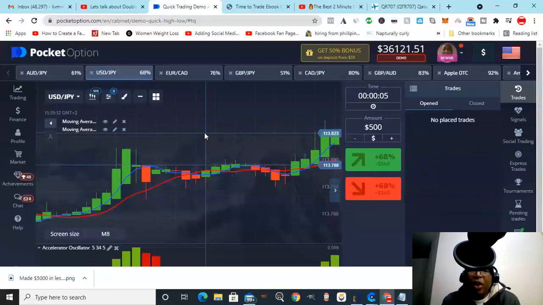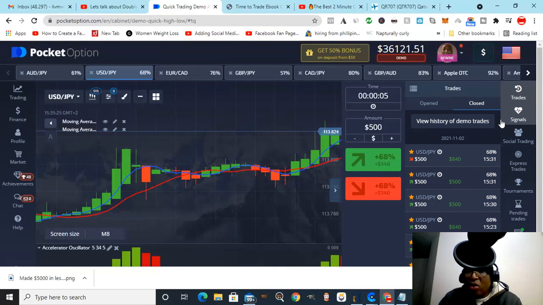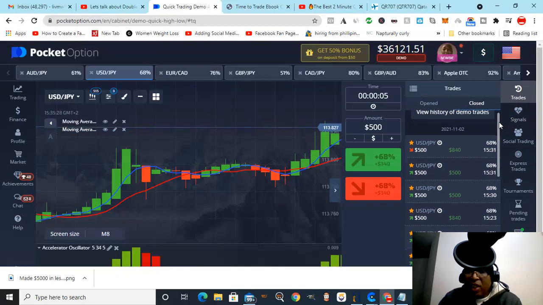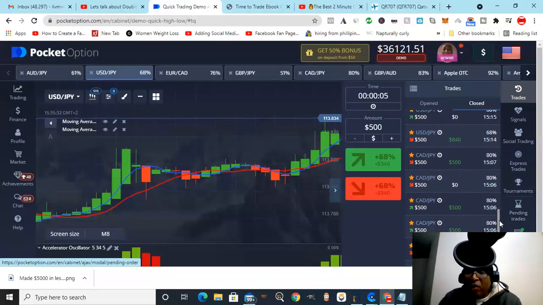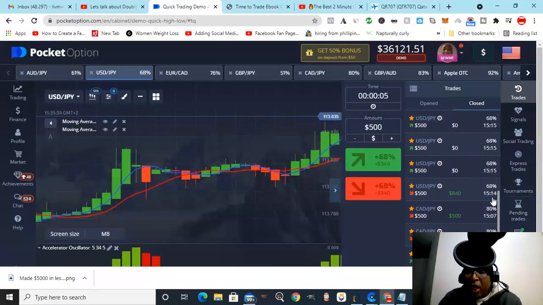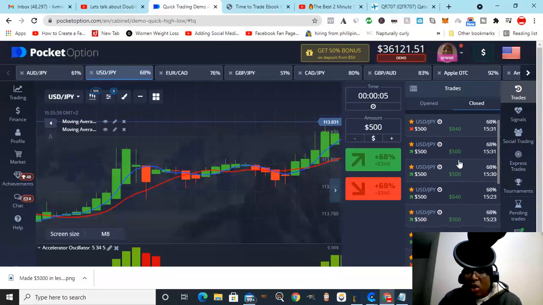Before I jumped onto this webinar, I can show you here some of the trades that I took using the same 5-second strategy. I did lose a few of them because I was trying out different indicators, and you can see I lost some. But so far, I have taken 1, 2, 3, 4, 5, 6 trades here with this indicator, and all of them were a win. So that's how much money I made. Let's say I can add this up. So that's 1,000, 1,500 plus